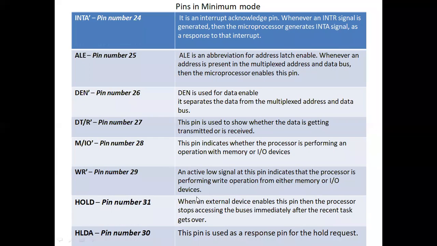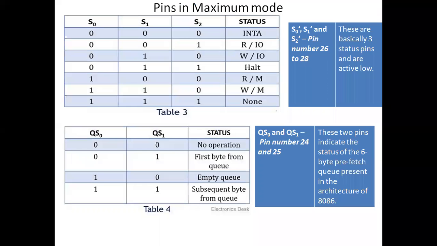there is a hold acknowledgement. So the hold acknowledgement is the next pin. These are the pins which are used for minimum mode. Now the pins used for maximum mode. These are the last pins. I have already explained the instruction queue and related